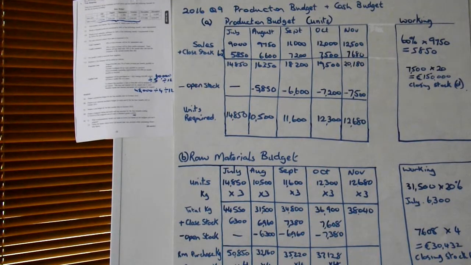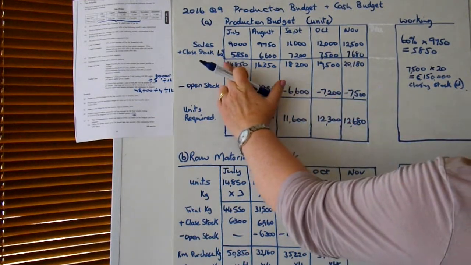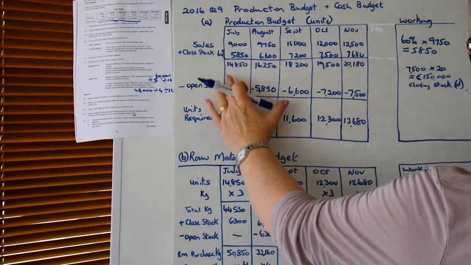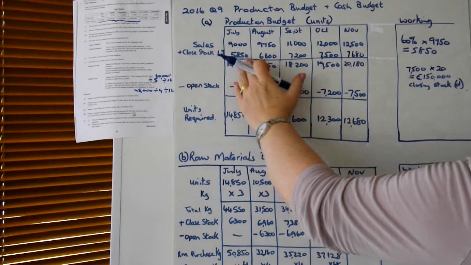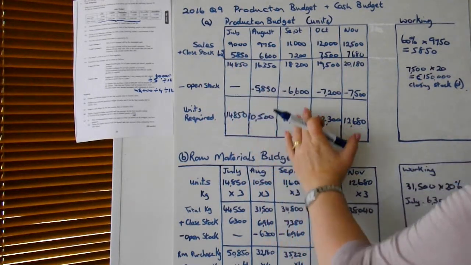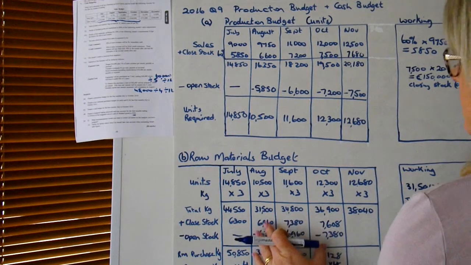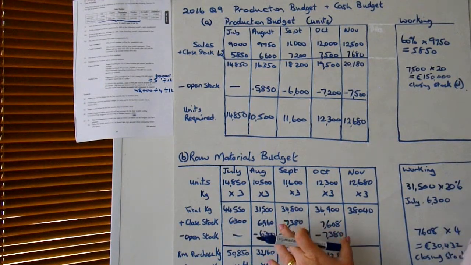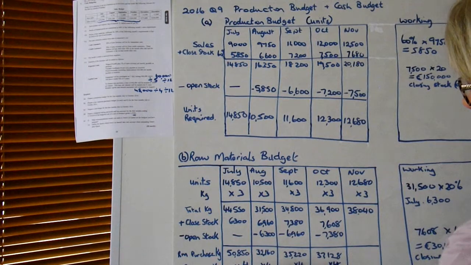So part E of this question is just a little bit of theory, and it's asking you to make some recommendations based on the budgets that you've prepared. If you glance back through your budgets and see what recommendations you could make, one of the things you could say, based on the production budget, is that they could reduce the requirement for closing stock. 60% is quite high if you're simply carrying it over each month, and therefore that would have reduced your costs of materials. And you could also try and negotiate a better rate per kg. So maybe if you got it at 3.5 or 3.75 to reduce your cost of raw materials,